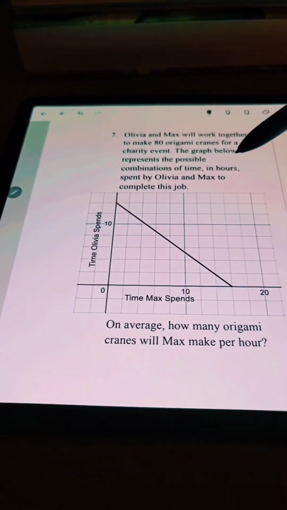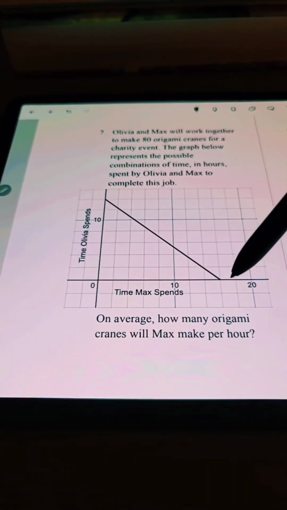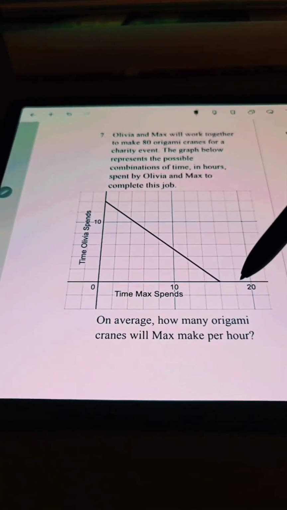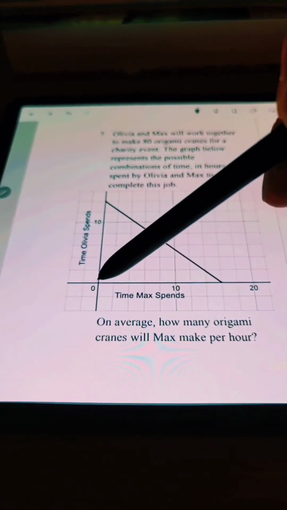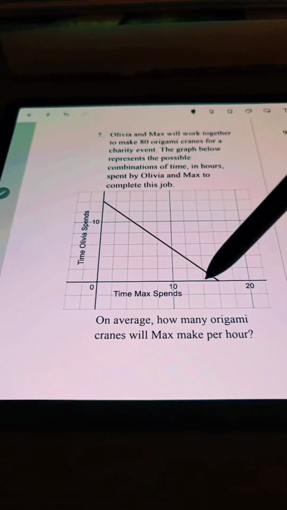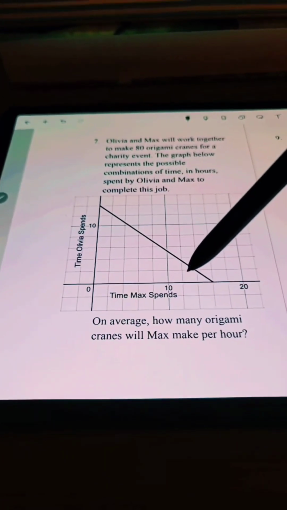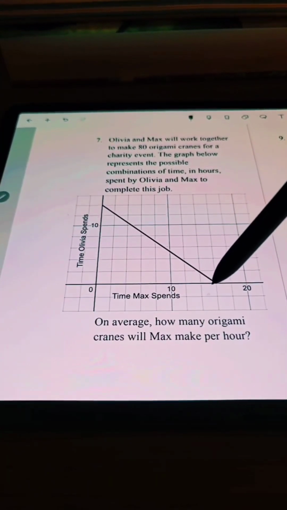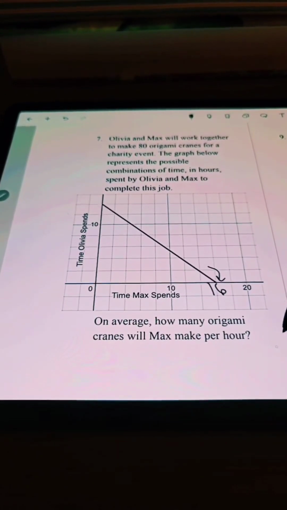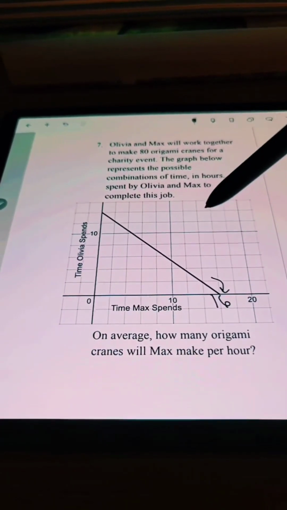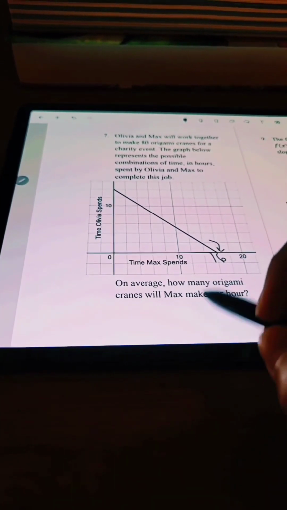So this is the time Max spends to make the 80 origami cranes, okay? If Olivia's doing 0 work, then each of these is going up by 2, it looks like. Then Max is doing 16 hours of work right there. It's in hours, I think. Yeah, in hours. So when Olivia's doing 0 hours of work, Max is doing 16 hours of work, making those